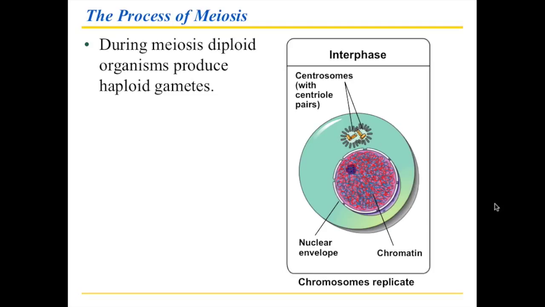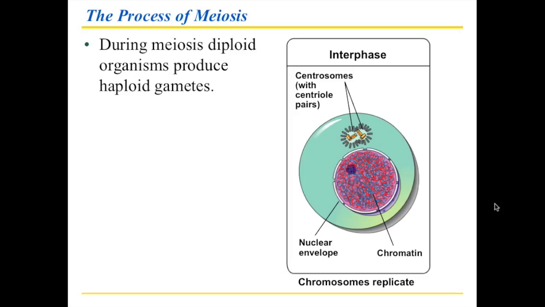And as before, just as with mitosis, you're going to have to remember the terms, these different phases. They don't actually change between mitosis and meiosis. They are just illustrated in a way so that you understand which one of them is in mitosis and which is in meiosis. So the summary part here is that we produce haploid gametes. So this is where we transition from the diploid organism to the haploid gamete.